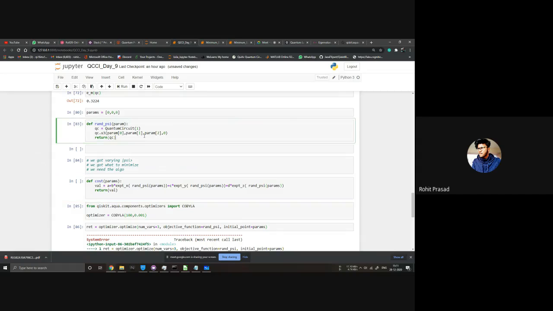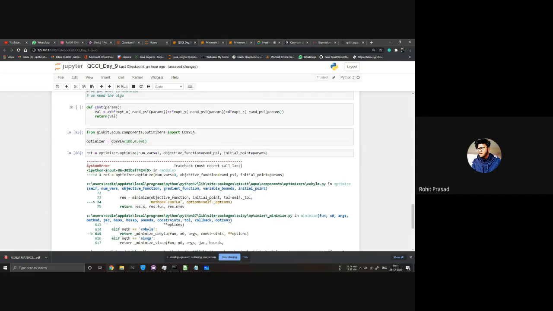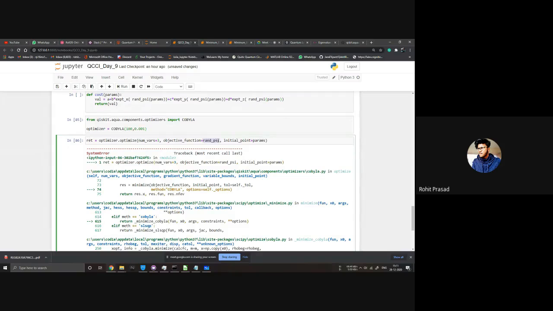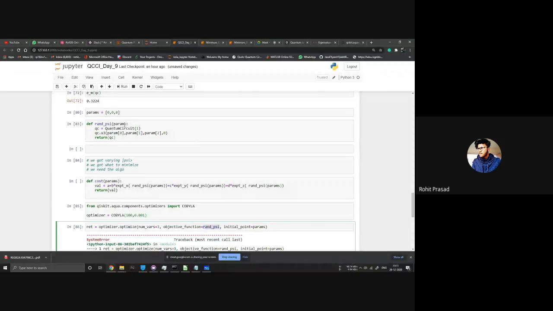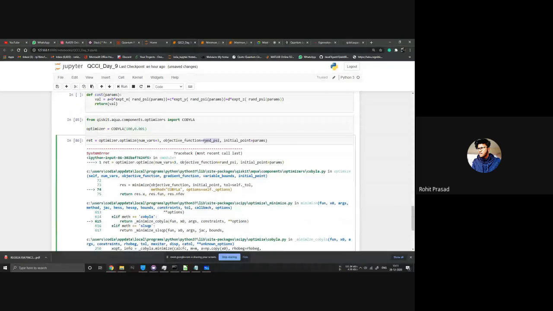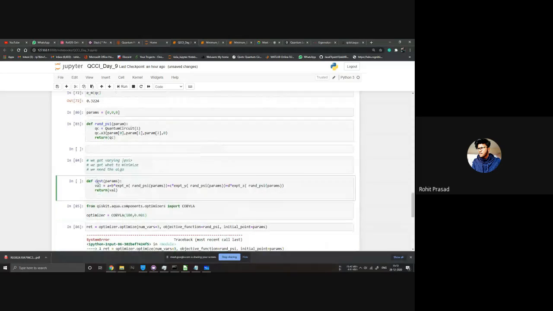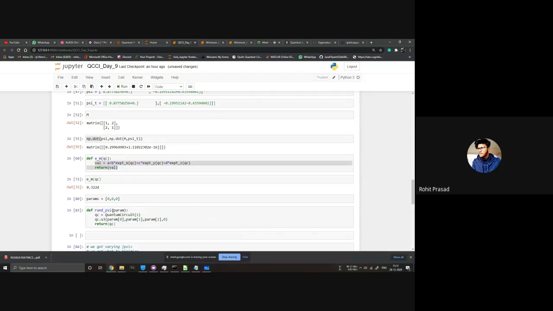Okay, so the problem was that the cost function that we generated did not change with these params.